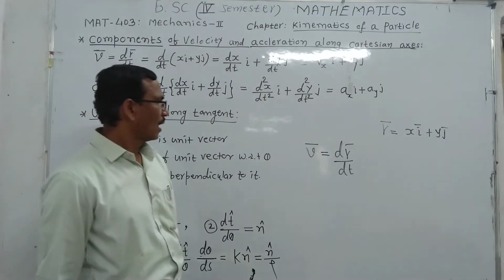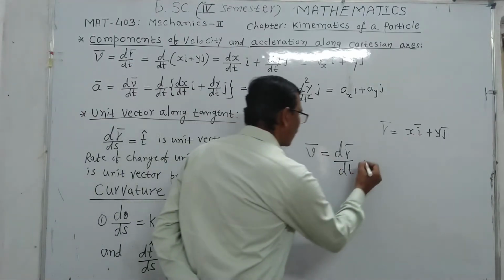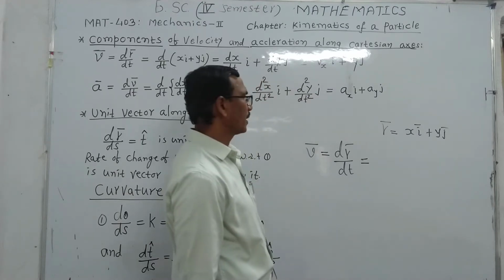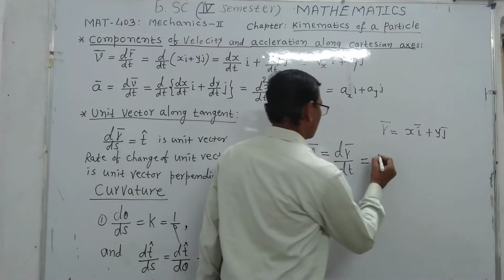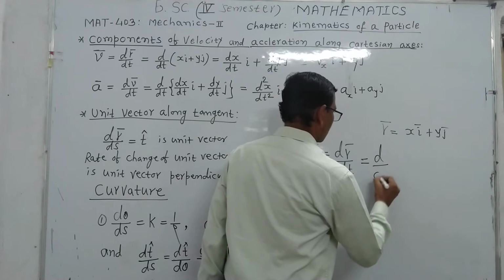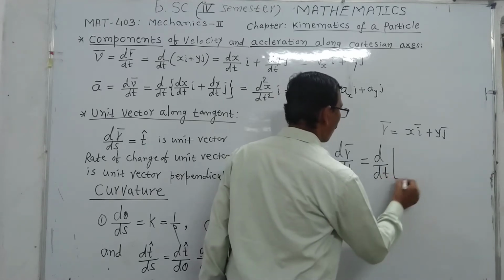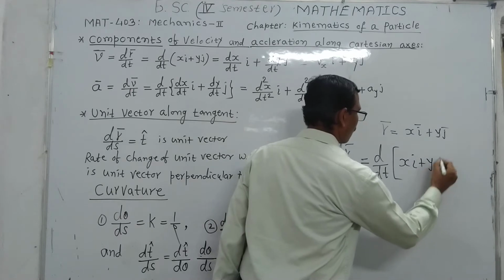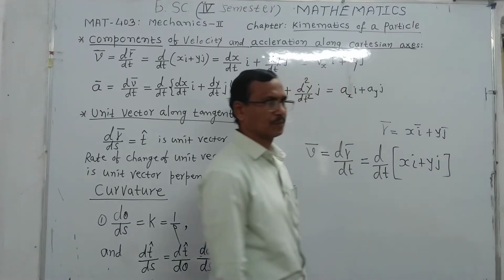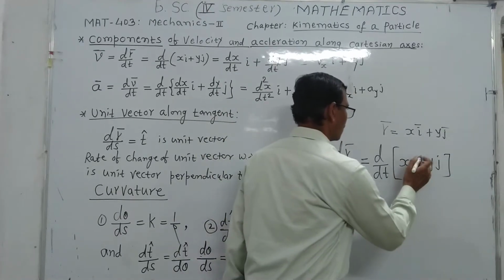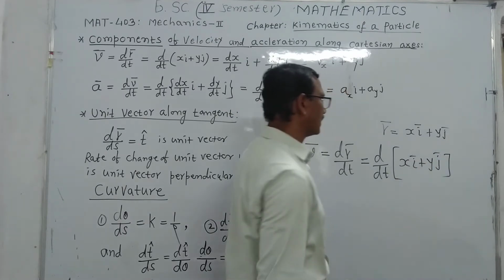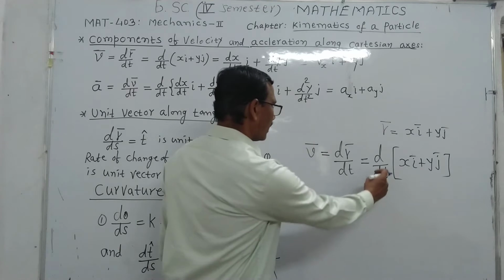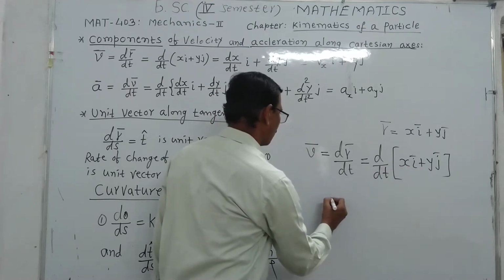Therefore dr bar by dt is equal to d by dt of (x i bar plus y j bar). And differentiating this, we get